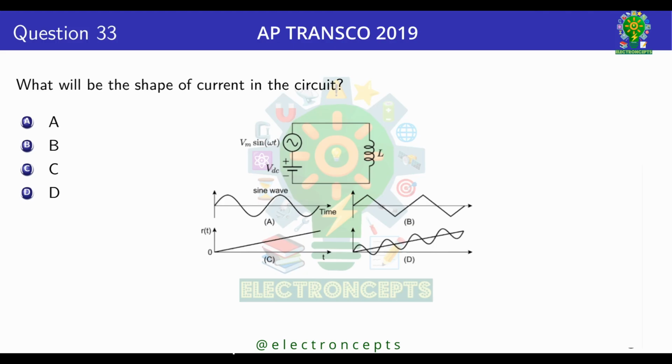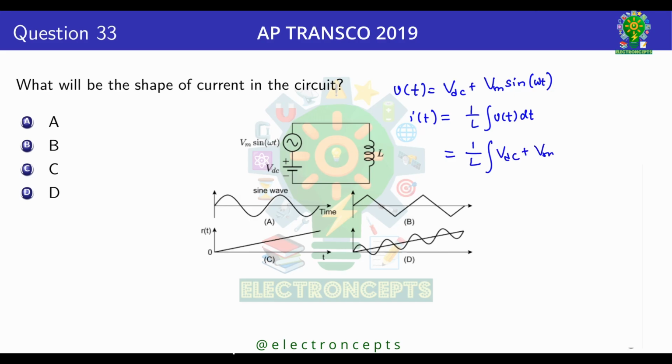Question number 33. What will be the shape of the current in the circuit? Here, input voltage V of t is equal to VDC plus Vm sin omega t. Since the load is purely inductive, I of t is equal to 1 by L integral V of t dt, which is equal to 1 by L integral VDC plus Vm sin omega t dt, which is equal to VDC by L into t plus Vm by omega L into cos omega t